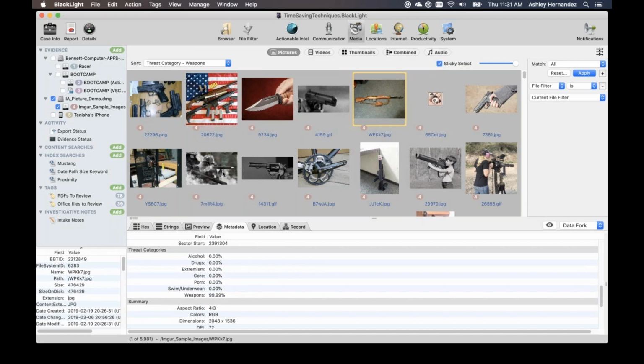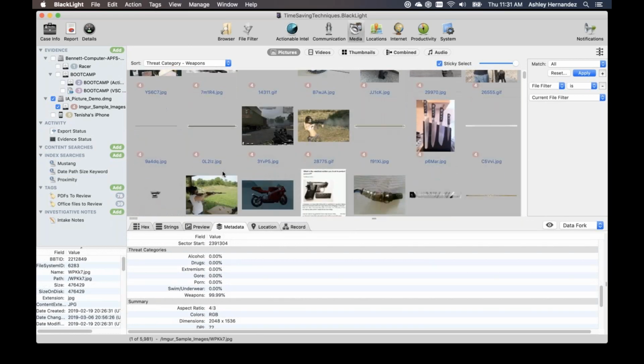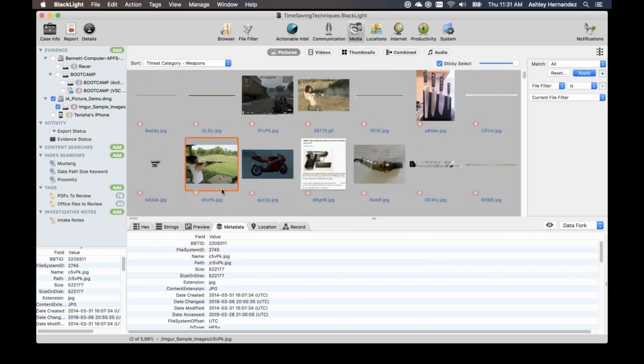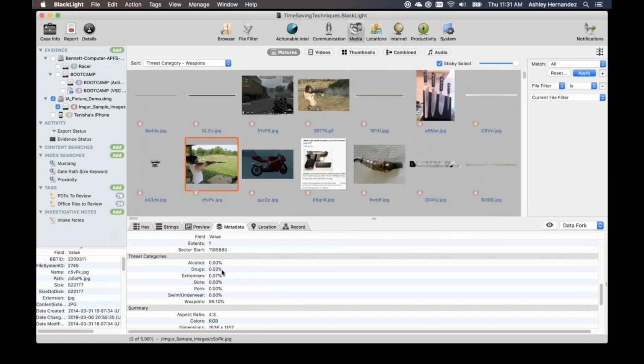So let me see if I can get any that have multiple here. Looks like most of these are pretty high. So you can see here that it also hit for possibly having drugs or extremism. You're going to see those items set up across the threat categories. Only if it thinks it's a 100% match for something that's a weapon or something that's drugs would it not run the other categories. Otherwise, you're going to see all of the categories assessed. And right now in the product, you do have to run all the categories. You can't choose to short circuit and only select specific ones.